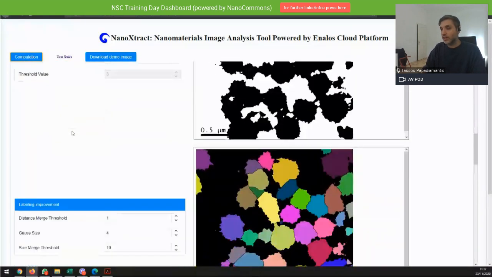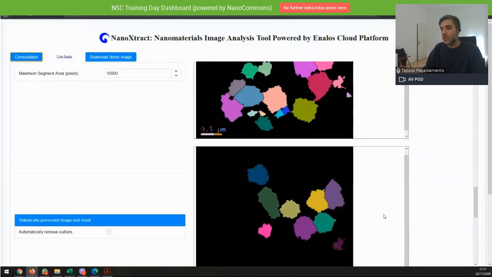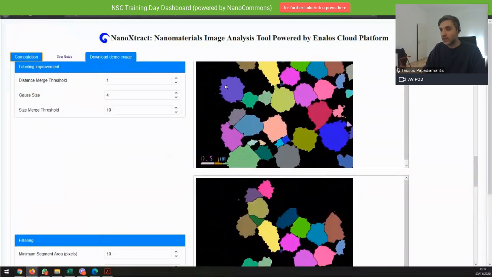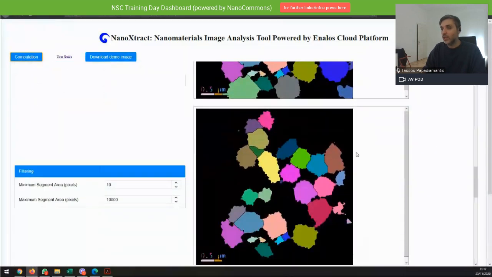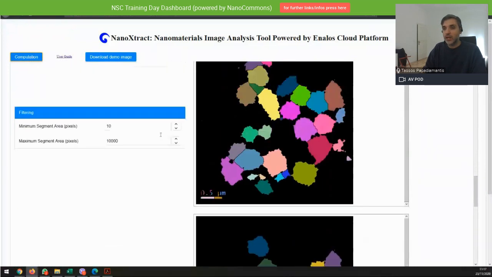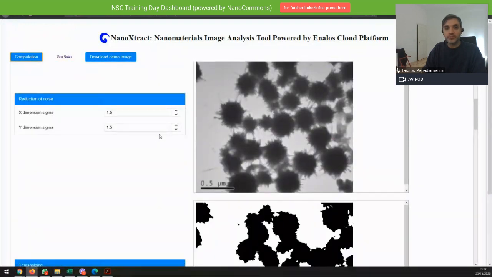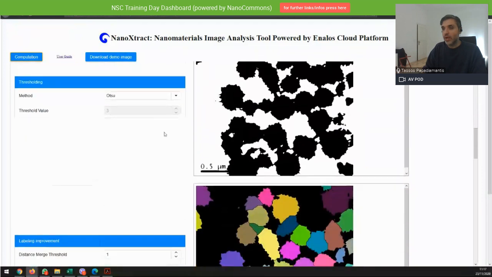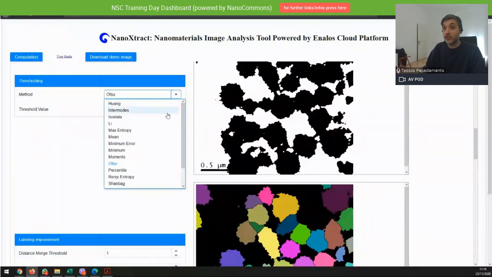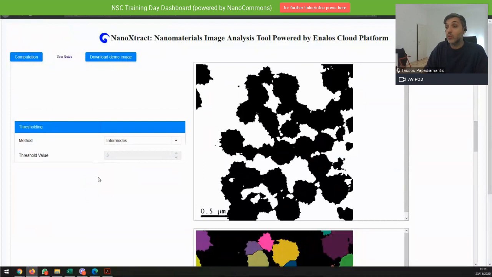You see that even with these values, you have some labeling and so on. It can identify the circuits in a way and then give you some results. Now, one thing I want to say is that a very powerful algorithm for thresholding is intermodes. In general, what we have seen is that the intermodes algorithm works pretty well with complex shapes.